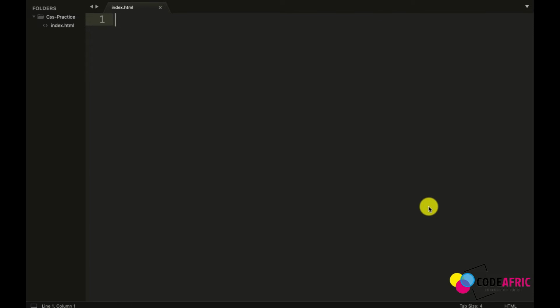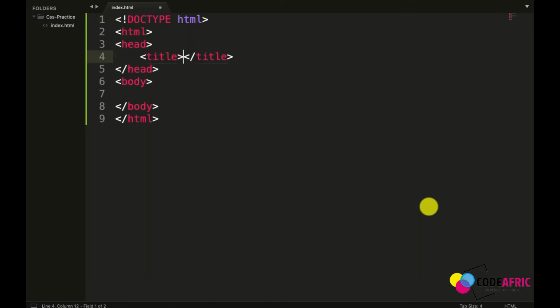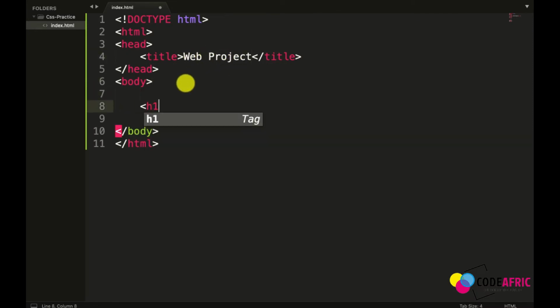Now let's build our basic HTML template. This basic HTML template, I don't have to explain it. If you don't understand it, it means you have to go back to your HTML project and please learn more, and come back. So I'll call my title web projects. Now let's do some h1 tag. So inside that h1, let's say